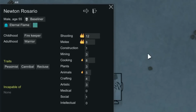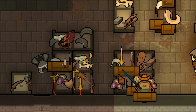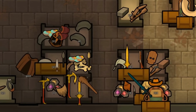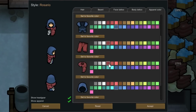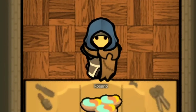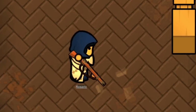He's a pessimistic cannibal recluse, which is very interesting to say the least. As a member of the Eternal Flame, I would have Rosario begin equipping some new weapons and a little bit of new apparel. Even though he is part of our royal family and our medieval house, I'm still going to allow him to retain his weapons and armor that may reflect his previous obligations to House Amboise,